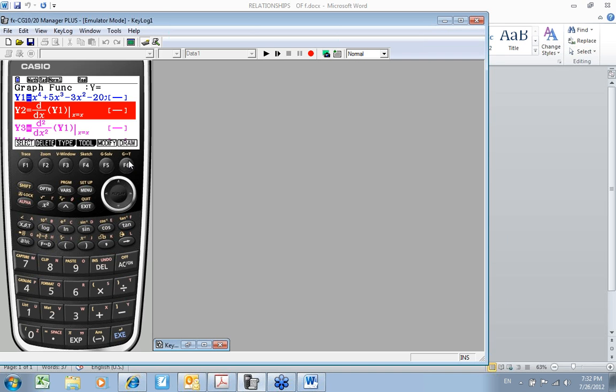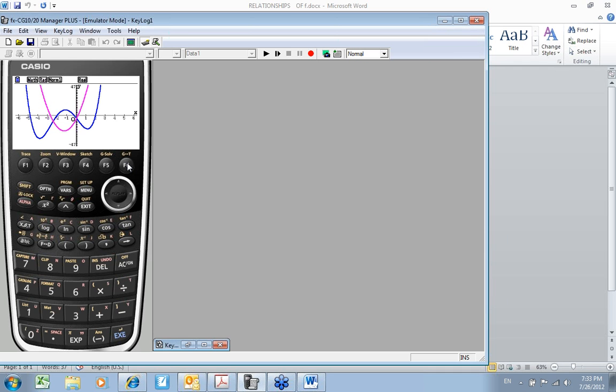Yeah, it always is. So now when I look at my graph, I just want to compare, because sometimes that's just too much. So now I'm just comparing function to second derivative, and they might see the relationships a little better. At the end of class, I would leave this picture up there, or they would have their own calculators. Sometimes we have our calculators out, and sometimes they just watch me on the emulator.